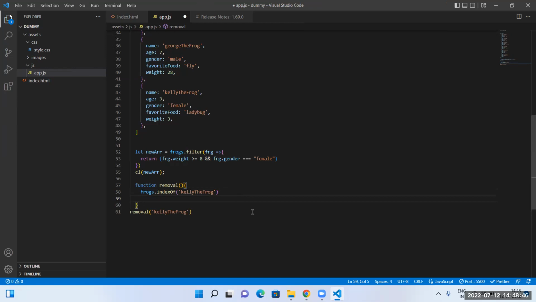Firstly, you have to use forEach for getting every element. Yes, sir. So use forEach on that array.